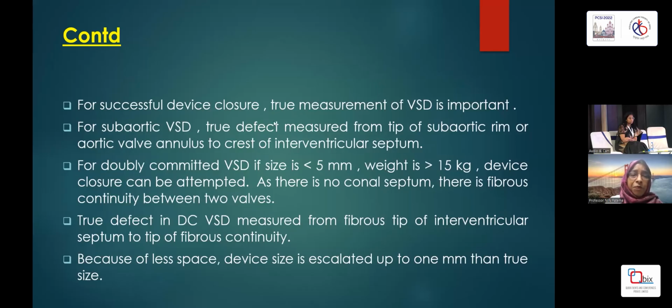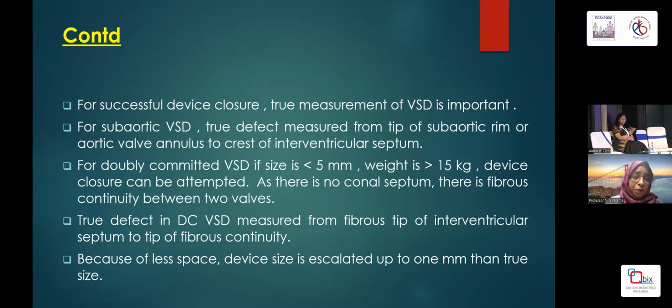So in subaortic VSD, the true defect should be measured from the tip of the subaortic rim of the aortic valve annulus to the crest of the interventricular septum. And for doubly committed VSD, we did only the cases less than 5 millimeter, with weight more than 15 kg. As there was no conal septum, the VSD's upper margin continues with the fibrous annulus